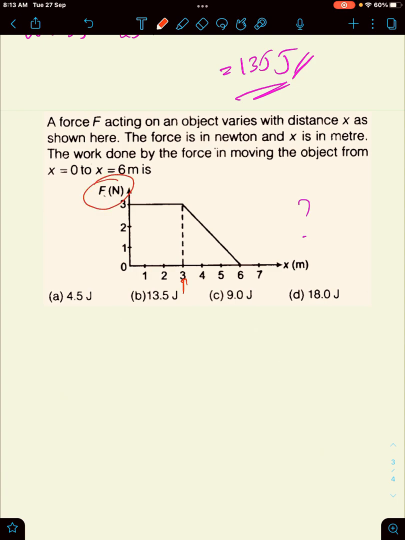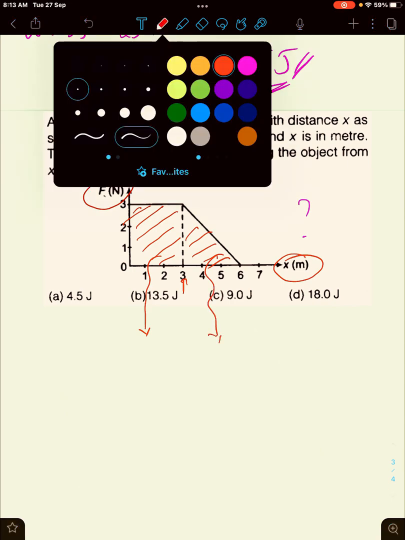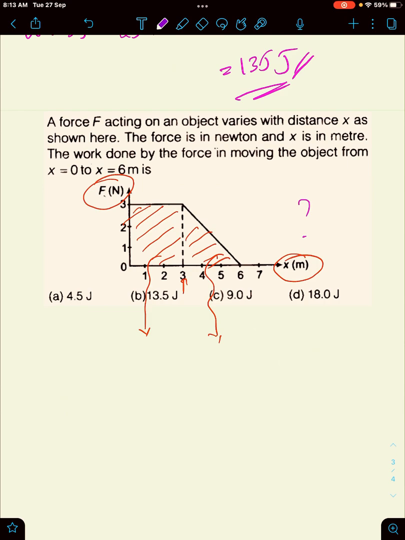So this is the force versus x graph. Whatever you find out area under this curve, that will give you exactly how much is the work done. And how to find out? Just find out what is the area of this rectangle, what is the area of this triangle, then you can find out what is the total work done. Now, how to find out area of this? Area of that is equal to this